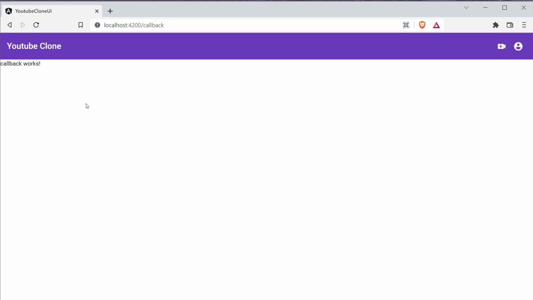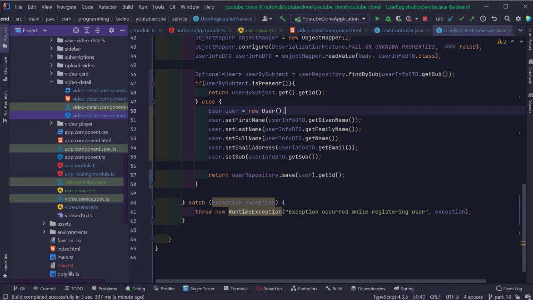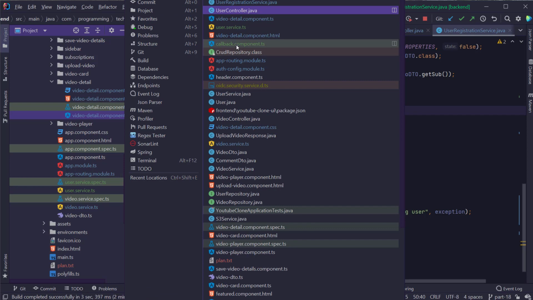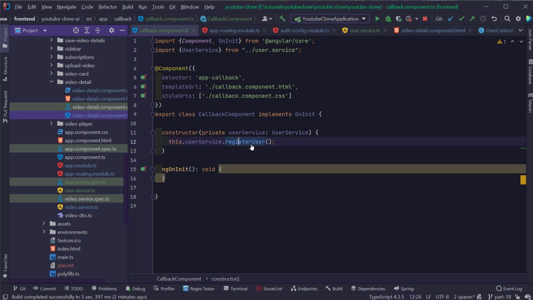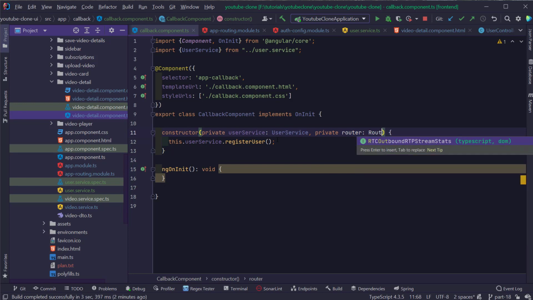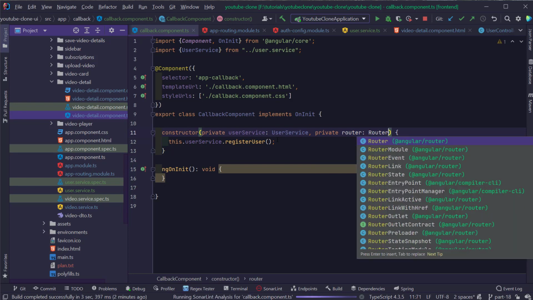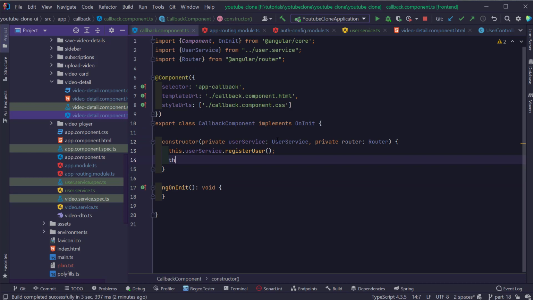Whenever we are initializing the callback component, we are making the call to the Spring Boot backend to register the user. And after this is completed, we will redirect the page to the home page. So for that, I'm going to open the callback.component.ts file. After the registration is completed, I want to redirect to the home page. For that, I'm going to need the Angular router in the callback component class. So I'm going to inject Router from the Angular router package, and I'm going to type in this.router